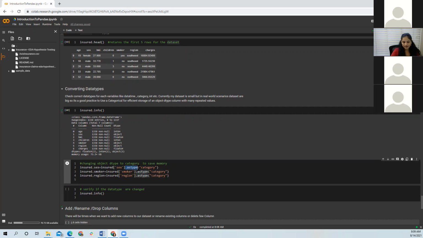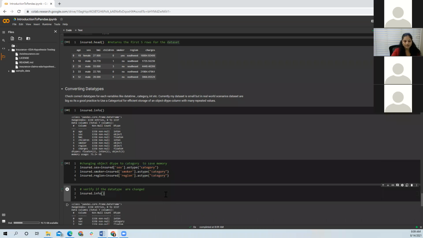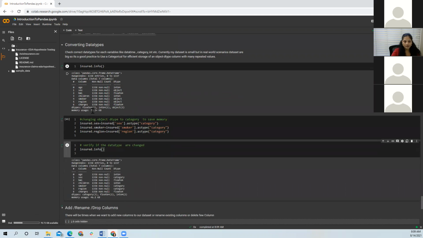For that, I'm using astype and then you mention category. Similarly, we can do it for datetime: instead of category, you use something called to_datetime. Now let's see if this has actually helped me save some memory. Here you see it was 73.3 KB and it has changed to 46 KB. So it's always good practice to change an object column with many repeated values to category.